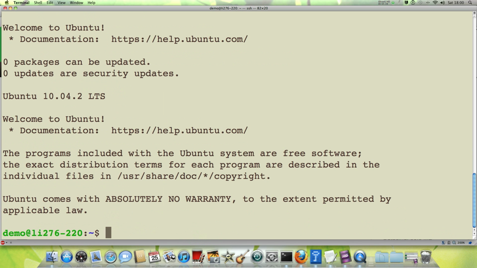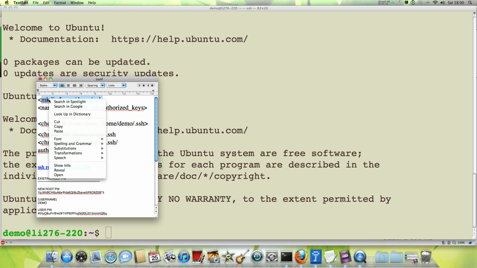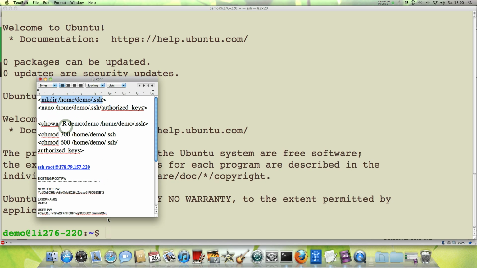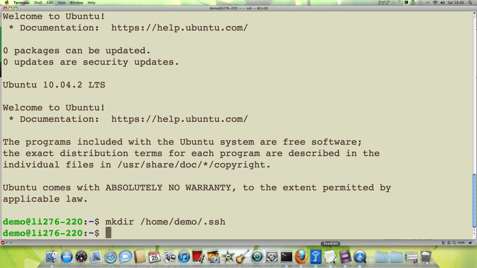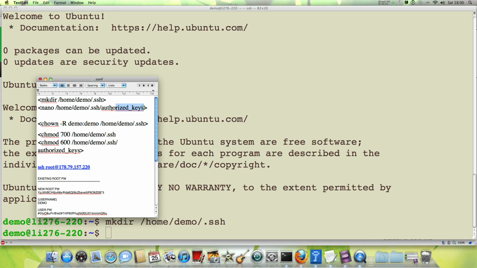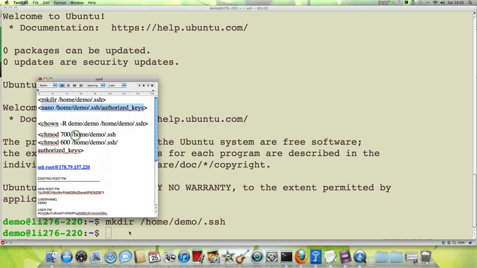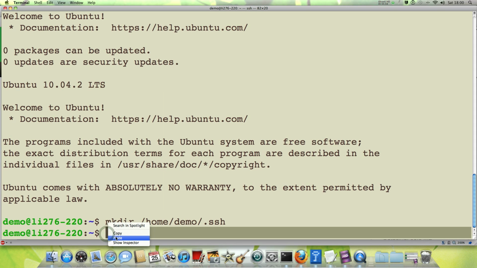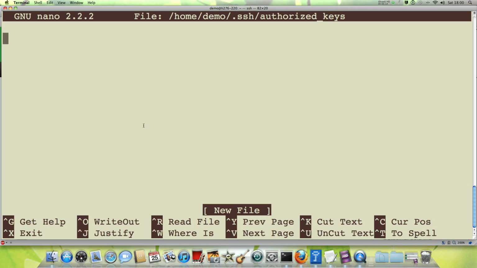Okay, now we need to create a file called authorized keys. And to do that, first of all, we create a directory called .ssh, and we create the authorized keys file, and we can now copy and paste in here our public